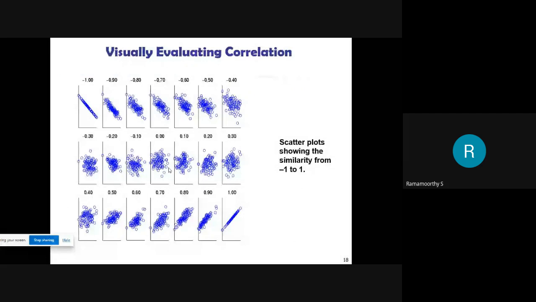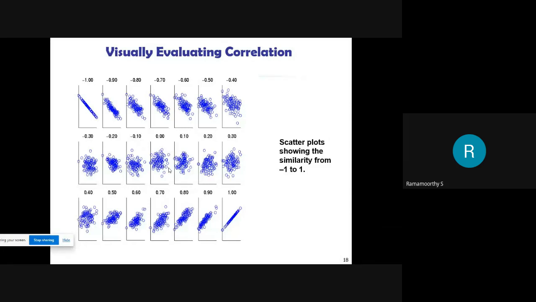Now how do we evaluate this correlation in terms of visualization? Here is an example for visually evaluating the correlation among the given values. Here you can see some scatter plots showing the similarity from -1 to +1,